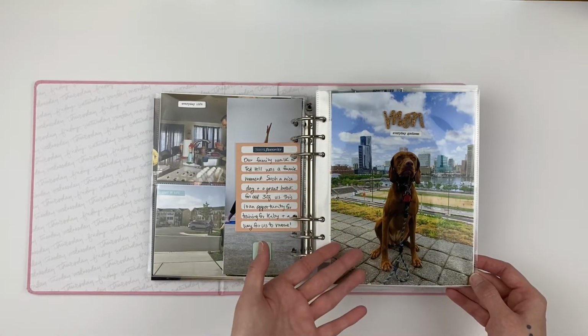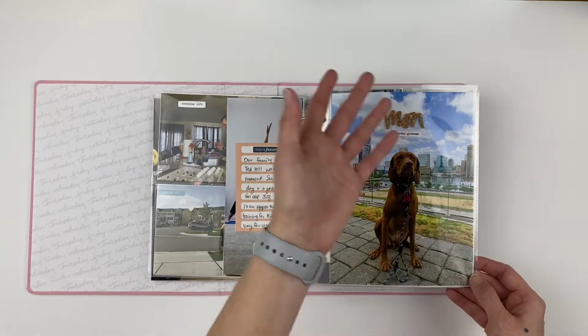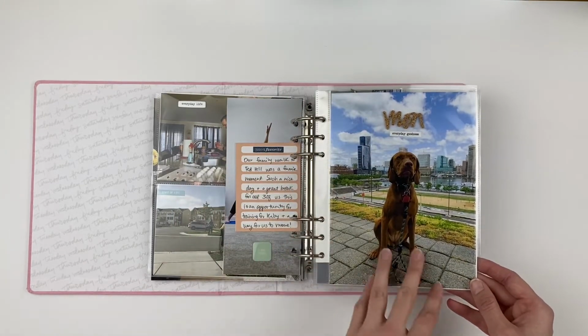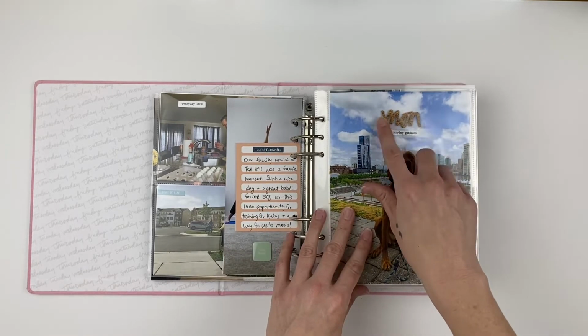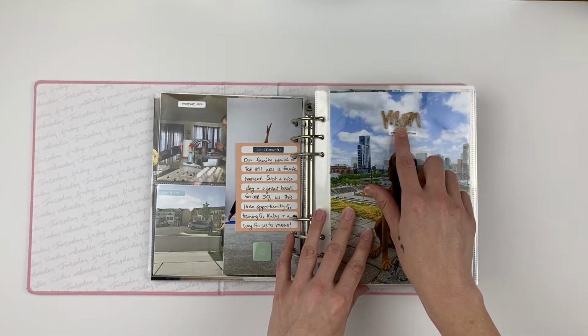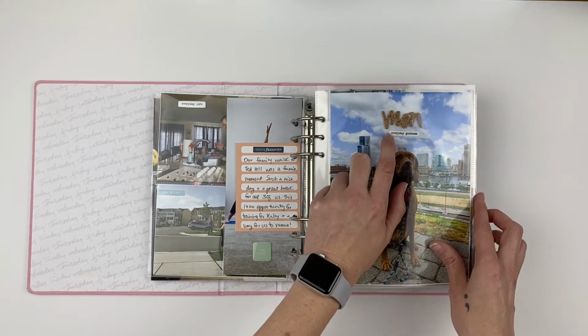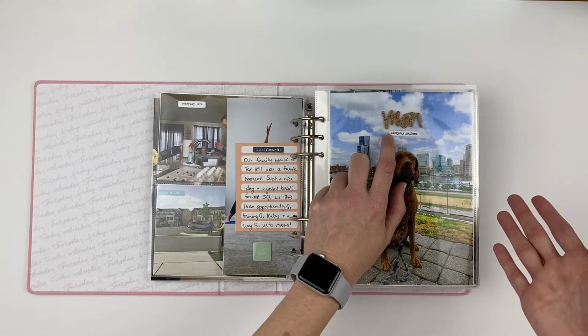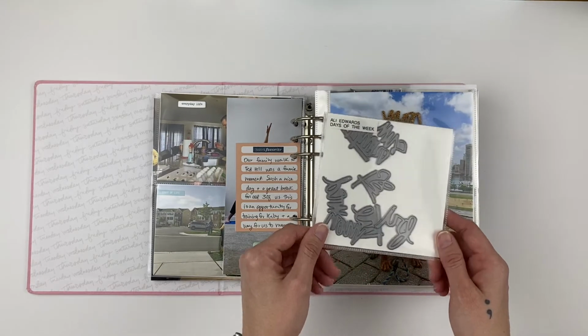This is a totally everyday moment of us just taking an afternoon walk with our dog and happening to be a gorgeous day in downtown Baltimore. And I just love it. I love highlighting that. These cork days of the week abbreviations, there was something similar that came in last year's Week in the Life kit, but I didn't buy the kit, and I wasn't going to buy the kit just for these. And then I remembered that I had these days of the week